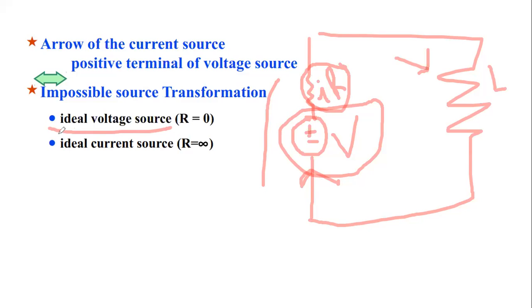Now for an ideal voltage source, we always want that there should not be any voltage drop, and the voltage should always remain constant. It means that the internal resistance should be 0. That's why we say that the internal resistance of an ideal voltage source should be 0. And that's why it cannot be converted into a current source, because for current you have to go for voltage by R, V by R, voltage by resistance.